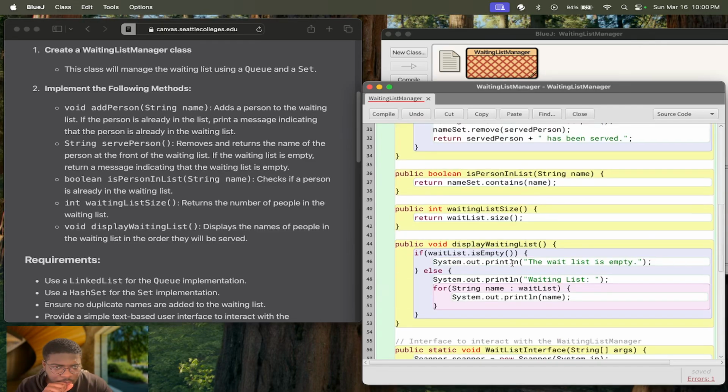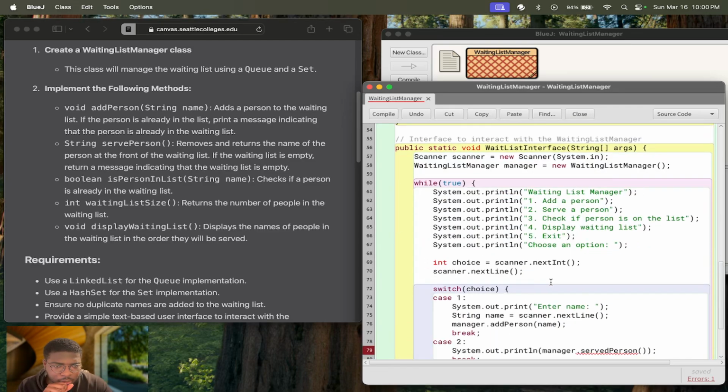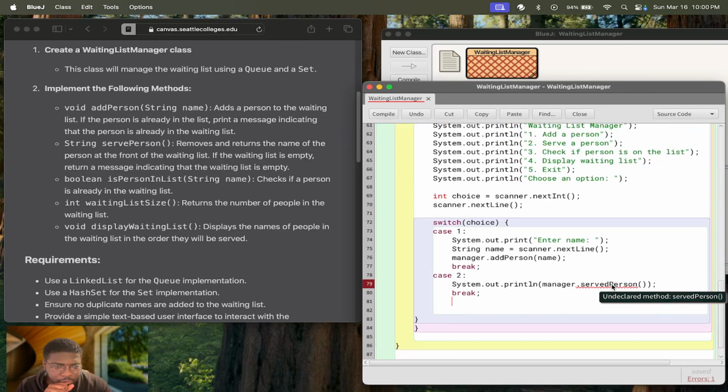Is it? How did I declare the method? Oh, serve person. Okay, it's actually serve person. I thought it was served. So that